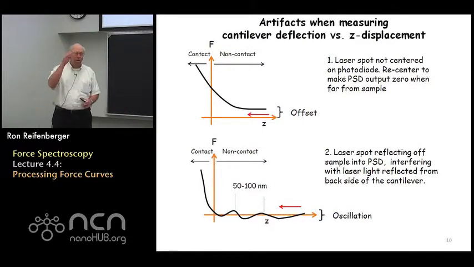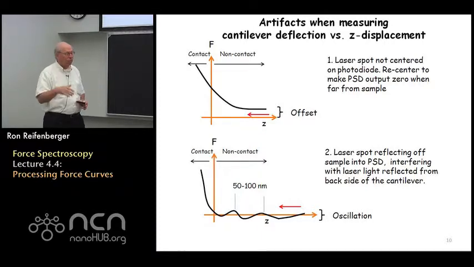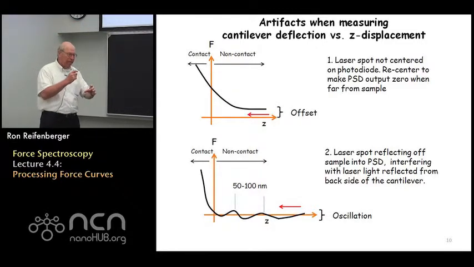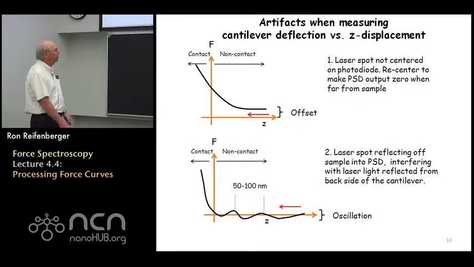When you do this, there are many artifacts that you potentially could find, and I just wanted to quickly step through those artifacts to give you some sense of what you have to do if you see something that doesn't look right. So we've already talked about the offset problem. You clearly have to subtract that offset from your experimental data. The offset is usually just caused by the fact that you didn't carefully align the laser beam on the position-sensitive detector